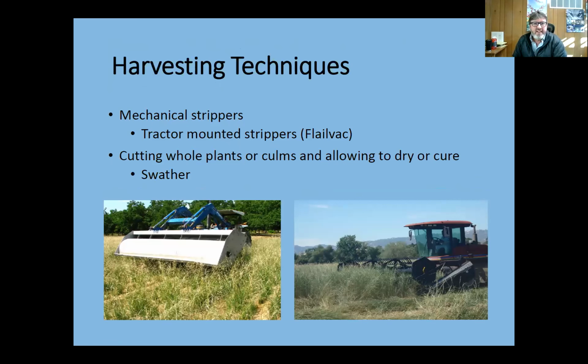So the harvest techniques vary quite a bit. We try to use a flail vac when we can. If you look at the photo in the bottom left, it's basically an implement that's attached to a tractor that acts like a vacuum. It pulls the ripe seed off of the crop and leaves the unripe seed behind. So that gives the ability to go in on multiple occasions to harvest the seed. For example, you can harvest the seed that's ripe early, middle, and late. And so you get a better representation of the genetics, and in theory, you probably get a little more yield.